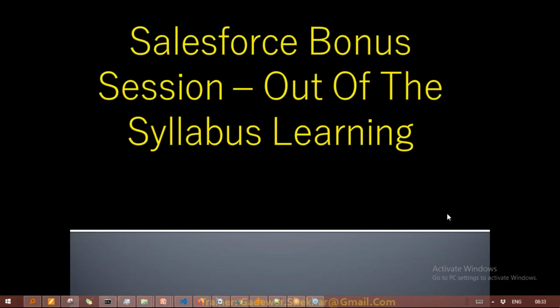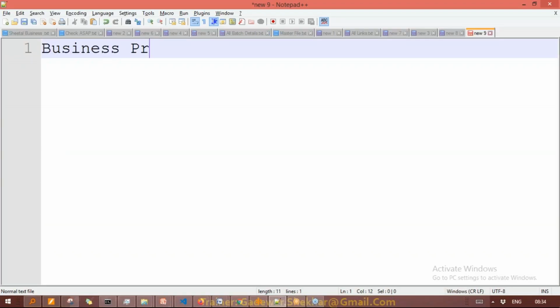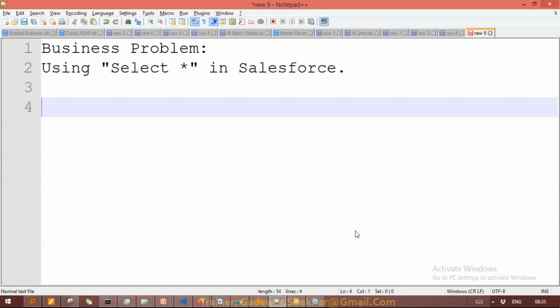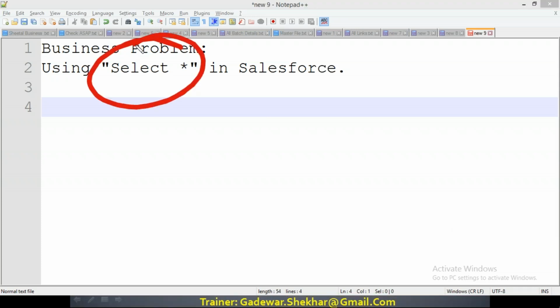So let me tell you what the business problem is. The business problem that we are going to see in this session is using select star in Salesforce. Now, there's a big problem, because if you are working on the SQL platform or the Oracle platform, you have this facility. The main benefit of select star is that you can get all the